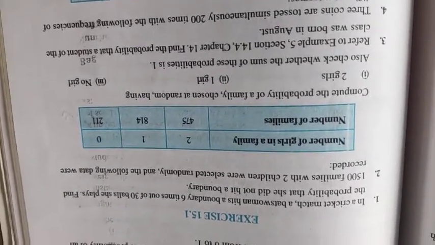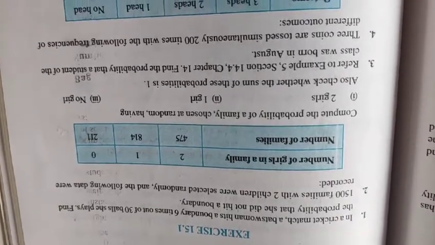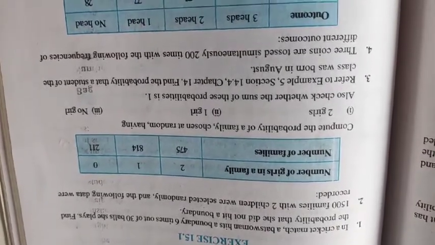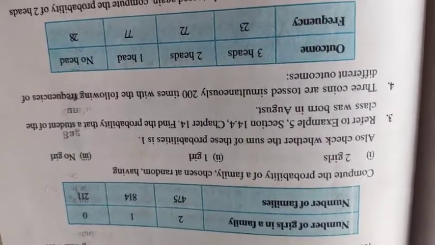In probability, in the last class I explained and I gave you questions to be worked out up till 15.1 exercise. I hope you must have done it. Now you have to just check whether you have worked it out properly or not. First two questions I have already explained last time. So we'll read up the third question.